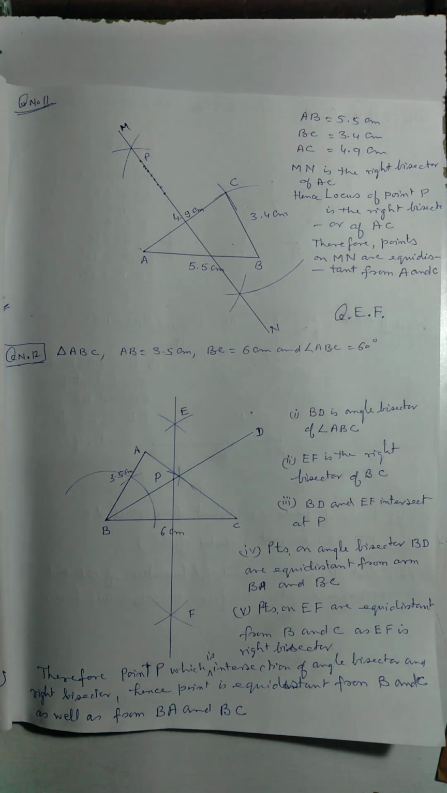Construct the locus of the points inside the triangle which are equidistant from B and C. Mark the point P which is equidistant from AB, BC and also equidistant from B and C. Measure the length of PB. You see here,